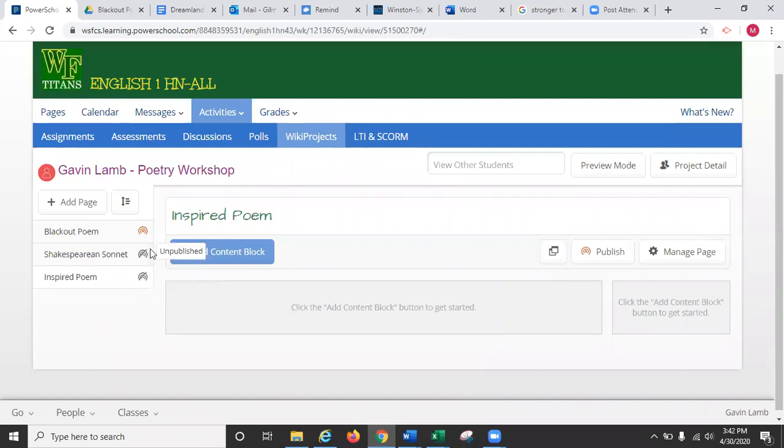One thing I want to bring your attention to are these little grayed out radio buttons here. This means that your page is not published. You have to make sure that it's red. Once you finish your page, once you finish uploading your stuff, you have to make sure that it's red. So click on it